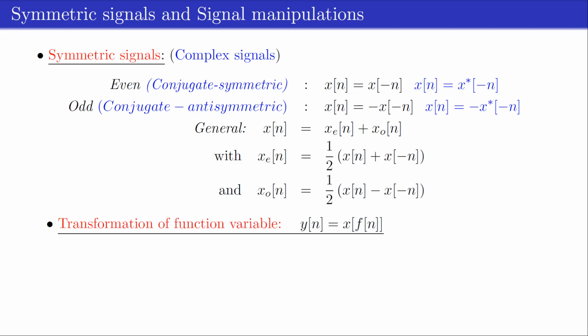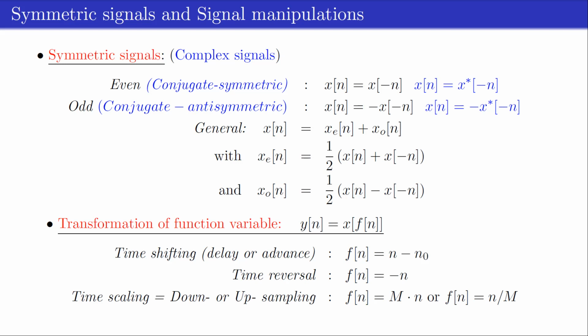Sequences are often altered or manipulated by modifying the independent variable n, where f[n] is some function of the index n. If, for some value of n, f[n] is not an integer, y[n] is not defined. The most common transformations include shifting, delaying or advancing,